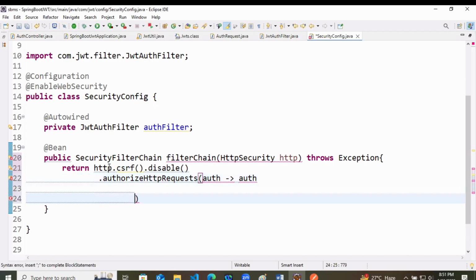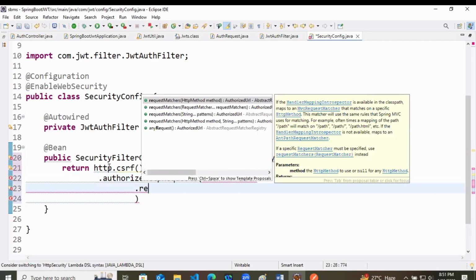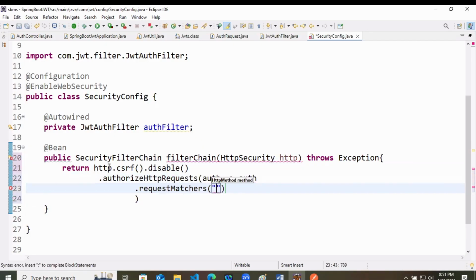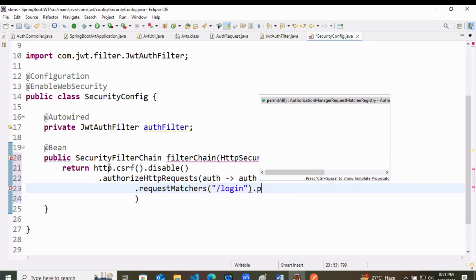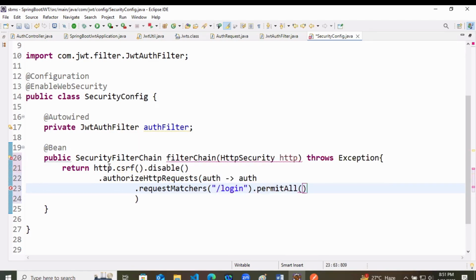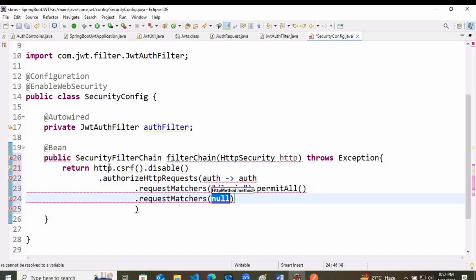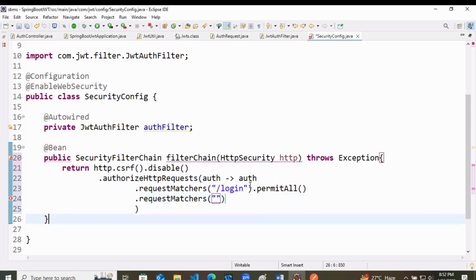Now same way, dot request matchers, means if a request is coming to slash login, permit everyone, because everyone can try to log in. For login you have to permit all.